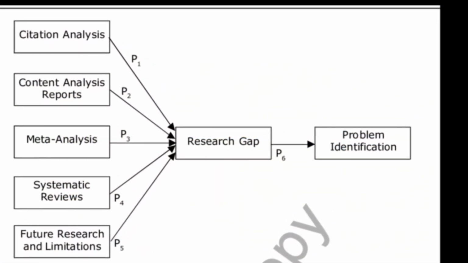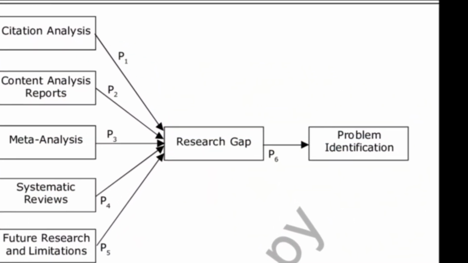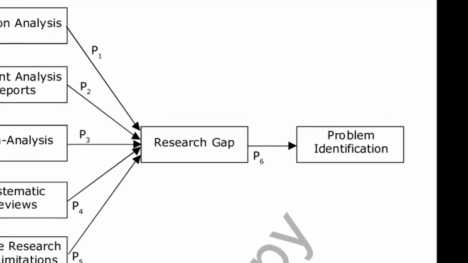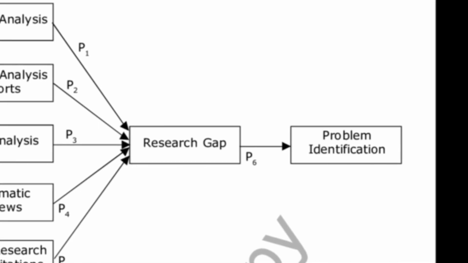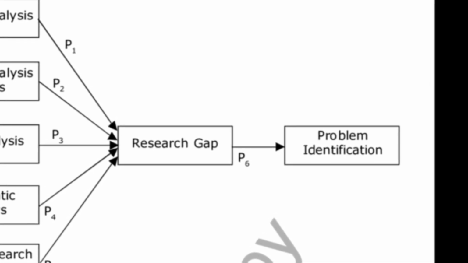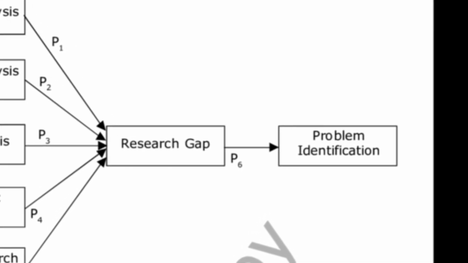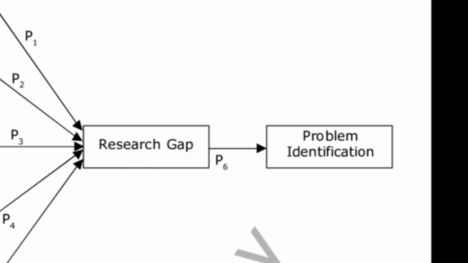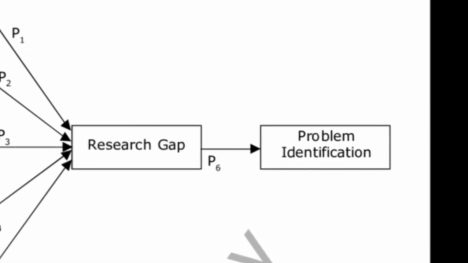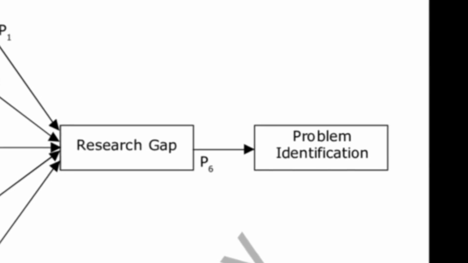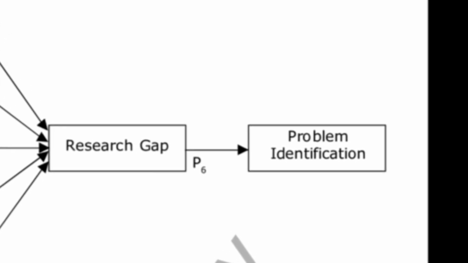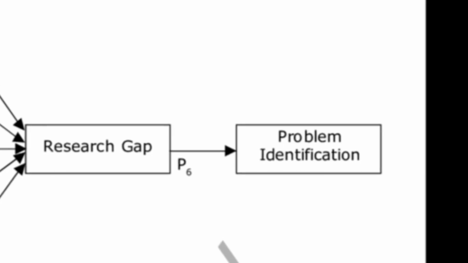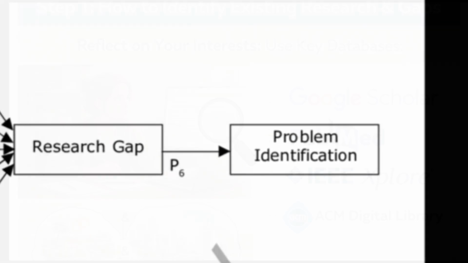Reflect on your interests. Start by listing topics or questions you are excited about. Think about past research projects, courses, or problems in your field that fascinate you. For example, if you loved your master's thesis on renewable energy, ask yourself what unanswered questions remain from that work. Picking a topic you're genuinely interested in will keep you motivated during the long PhD journey. So, grab a pen and jot down a few broad ideas that light your fire.